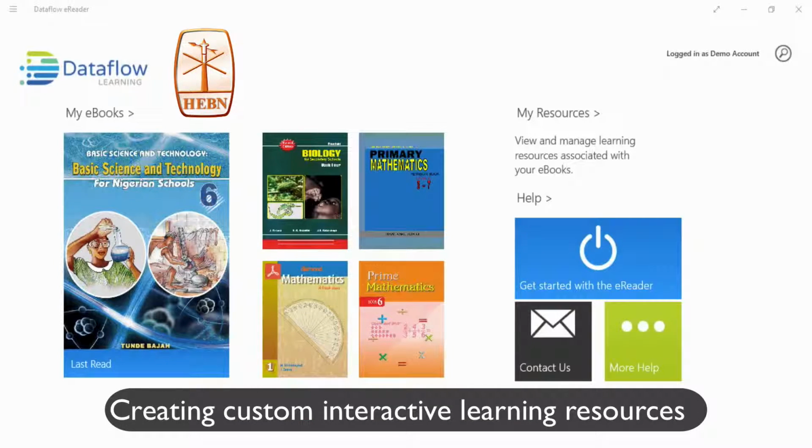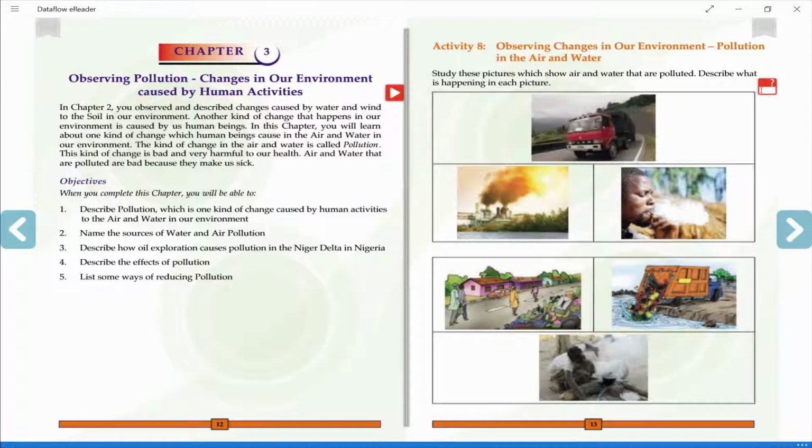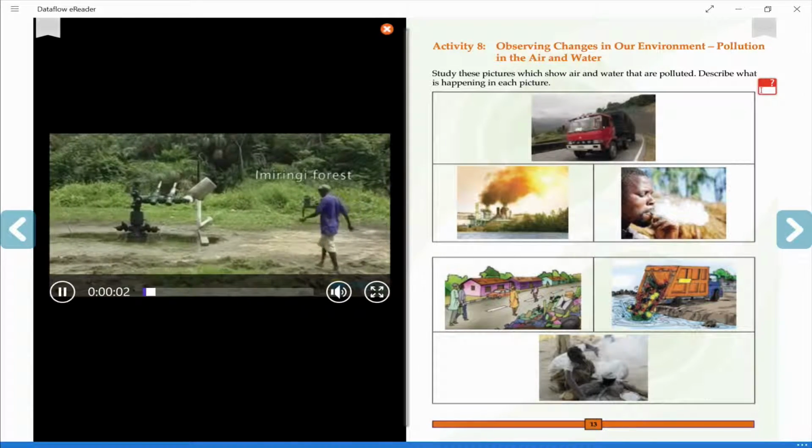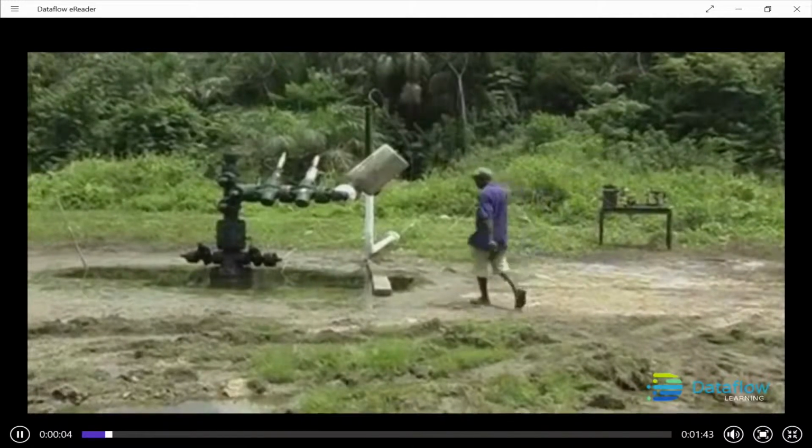What is necessary in order for electronic textbooks or eTextbooks to become valuable and effective learning resources? Dataflow's approach is to encourage exploration and facilitate creation. The science eTextbook being demonstrated here has been converted to fixed layout EPUB 3 and then enhanced with many interactive